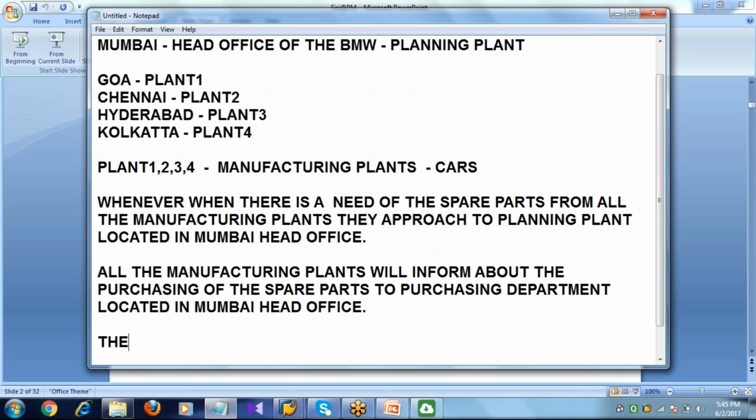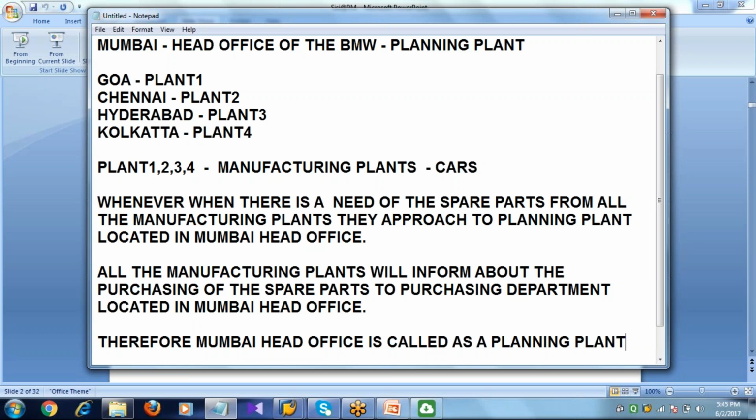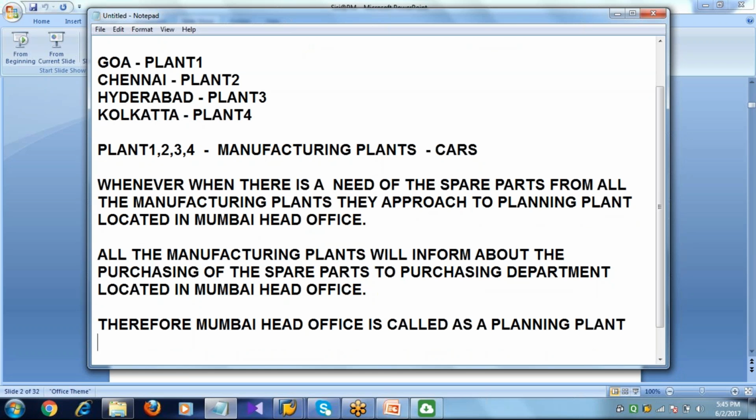Therefore, the Mumbai head office we call a planning plant. Got the point? And all the manufacturing plants, we call them